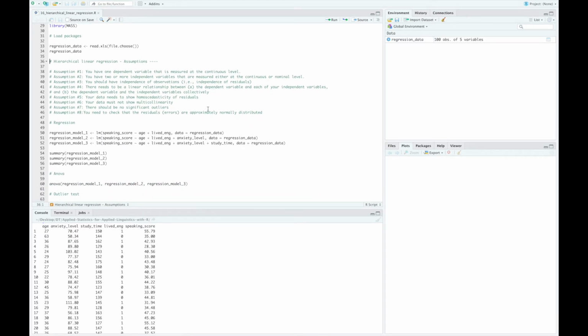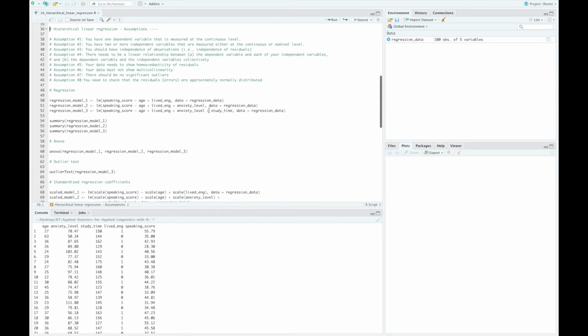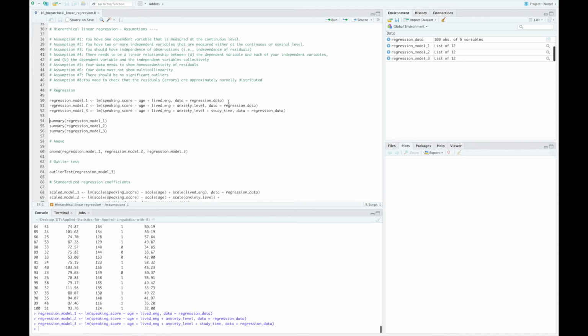Here we have our assumptions that we're going to need to meet in order to make our model fit. And we're going to get right into the regression. Here, we need to make multiple models in order to enter our variables into the hierarchical multiple regression in order. So first, we have our covariates in the first model, and then we add anxiety level, and then we add study time. So we run this code, get our 3 models,